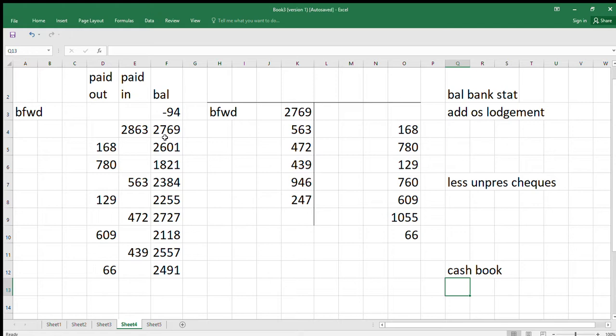So let's do that. We've got a 4-step method for our bank reconciliation. Step number 1 is let's go through in here. Paid in here will be our credits, and in here will be our debits. We haven't got that one, we've got that one. So let's start colouring this in. We'll use yellow in the fill. That one is that one there,